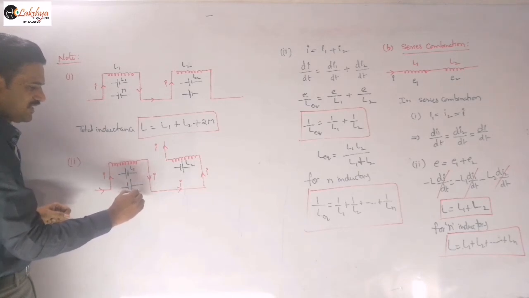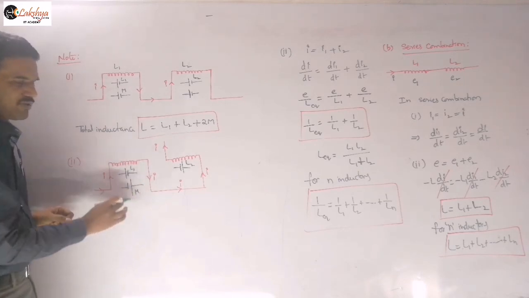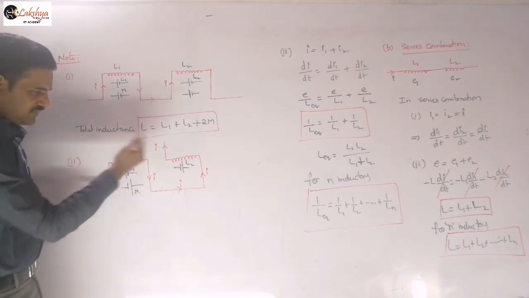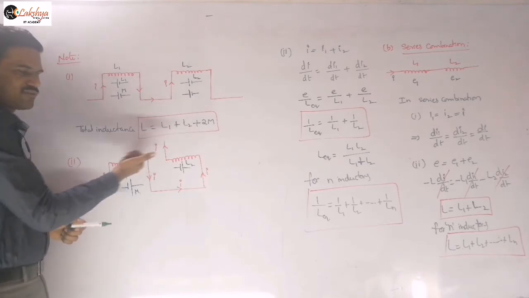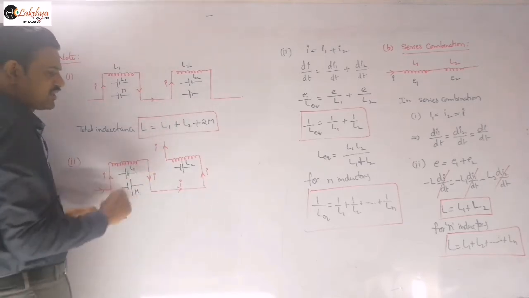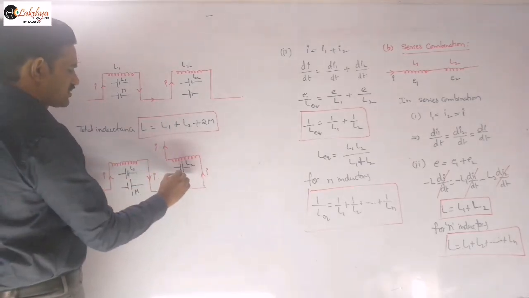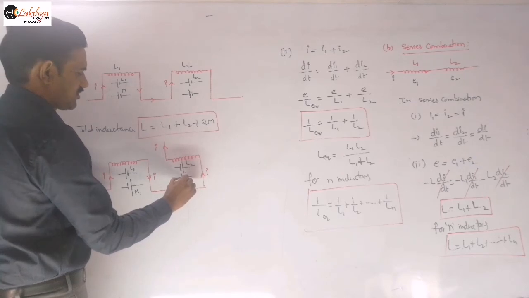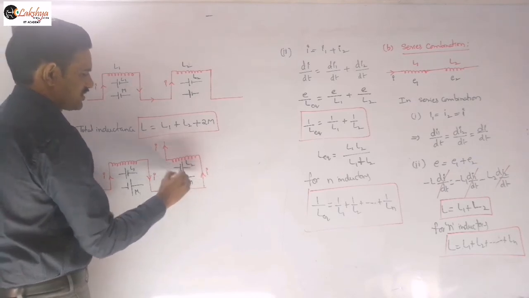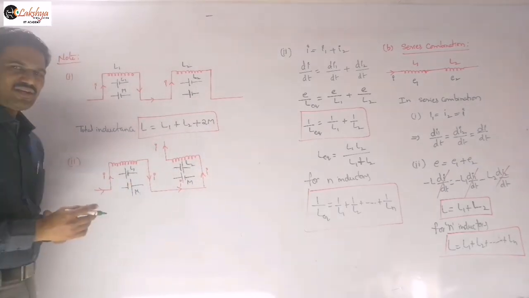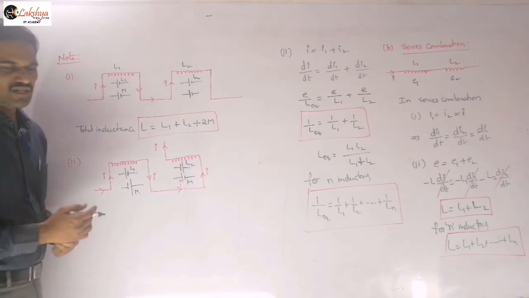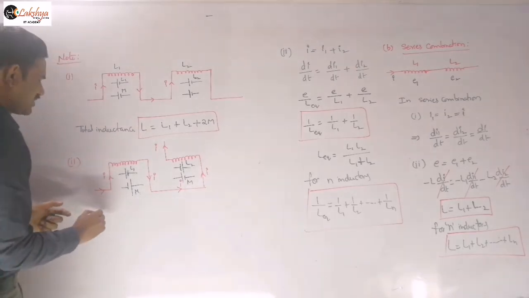The polarities of the self-induction and mutual induction will be opposite each other. And similarly here, it will produce a flux here which is increasing. Then its polarities will be opposite to that. So then this will be positive and this will be negative. So this is our mutual inductance like this. So self-inductance and mutual inductance are opposite in direction, and so in that case,